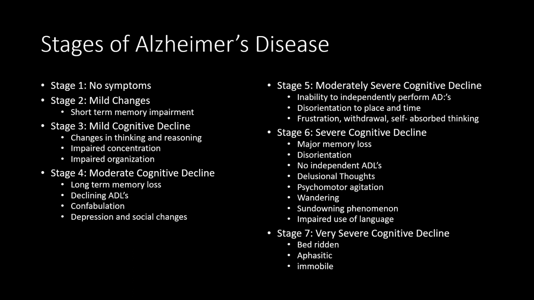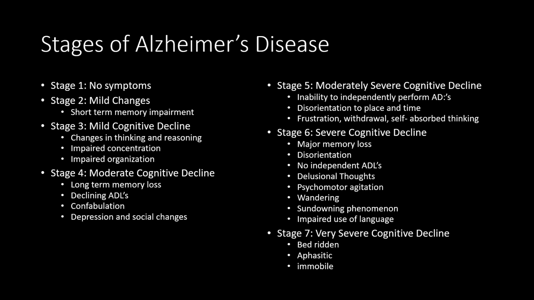There are 6 or 7 different stages of Alzheimer's. Stage 1 is no symptoms. Stage 2 is very mild changes where they might have some short-term memory impairment. Stage 3 is mild cognitive decline that includes changes in thinking and reasoning, as well as impaired concentration and impaired organization. In stage 4, we see moderate cognitive decline, such as long-term memory loss, declining ADLs, confabulation, which is something